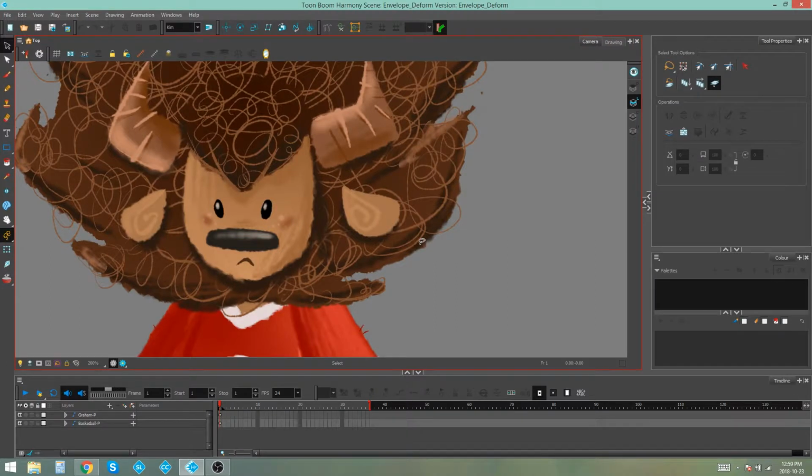Hello everybody, my name is Kim and in this video we're going to be looking at how to use the envelope creator in Toon Harmony. The envelope is basically a type of deformer that you can create in Harmony. So the envelope creator creates an envelope for you instead of you having to create it from scratch point by